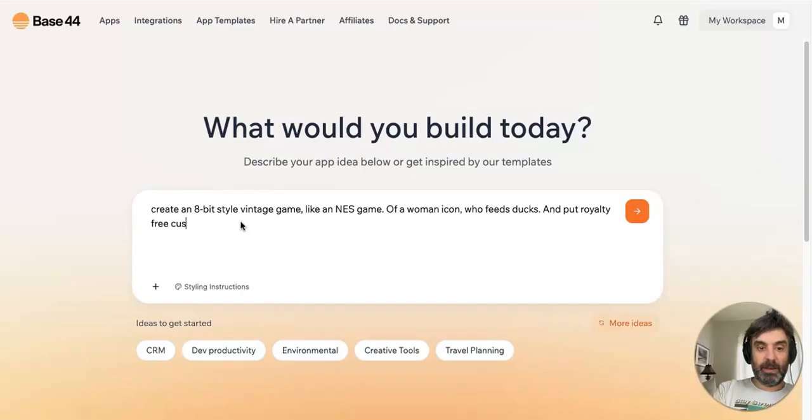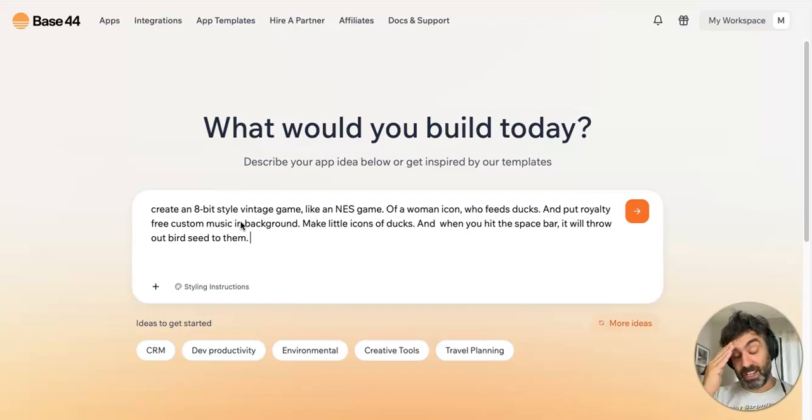royalty-free custom music in background. Make little icons of ducks, and when you hit the space bar, it will throw out bird seed to them. So this is the most specific request I've ever given for a game. Usually I just say something like, make a mobile game of hot air balloons, make a mobile game of dolphins chasing sharks, whatever. But now I'm giving these specific prompts about how the gameplay will work, and then also having music. Make the music persist in background,